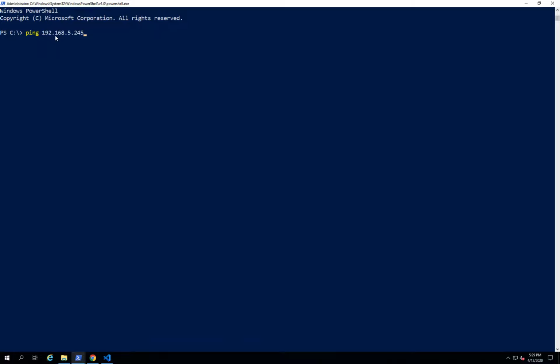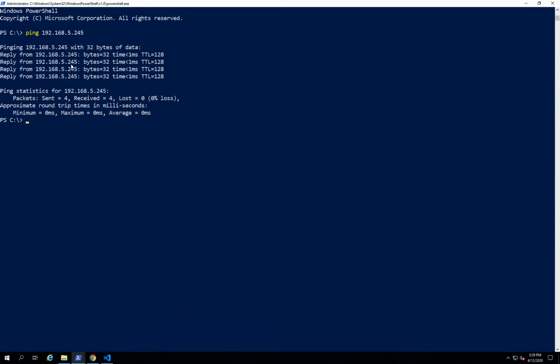This is the IP address of container 3. I'm connected to container 1, and I'm trying to ping the IP address of container 3, because these 2 containers are created using the same network. There you go. You are getting the response from the container because they are created inside a single network.